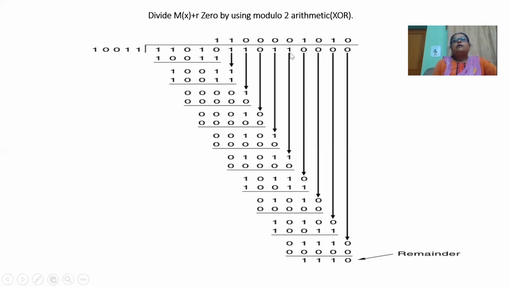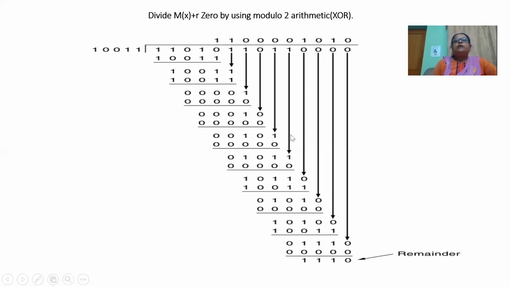After that, we take this bit. First bit is 0, so we put 0 0 here and multiply this by 0 0. Either input is 1, output will be 1. Either input is 1, output will be 1. Both inputs are 0, output will be 0. Either input is 1, output will be 1. Leave this bit.